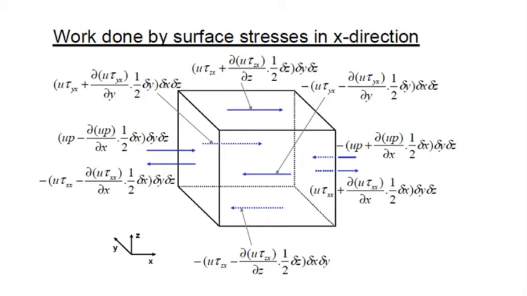For the x direction it is represented as tau xx. Here the stresses are mentioned: tau xx in the x direction, tau yy for y, and tau zz for z. Correspondingly the velocity components u, v, w are mentioned. Summing up all those stresses for the three directions and dividing those expressions by the total volume, that is del x, del y, del z, we get the work done.